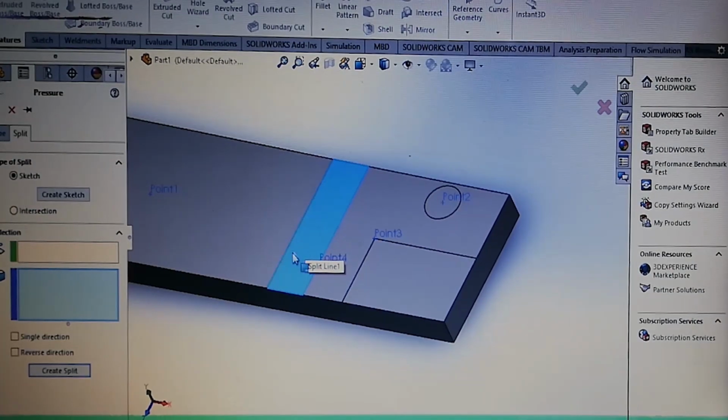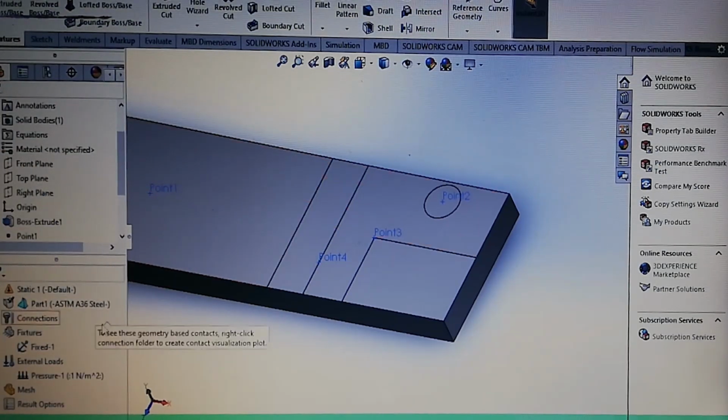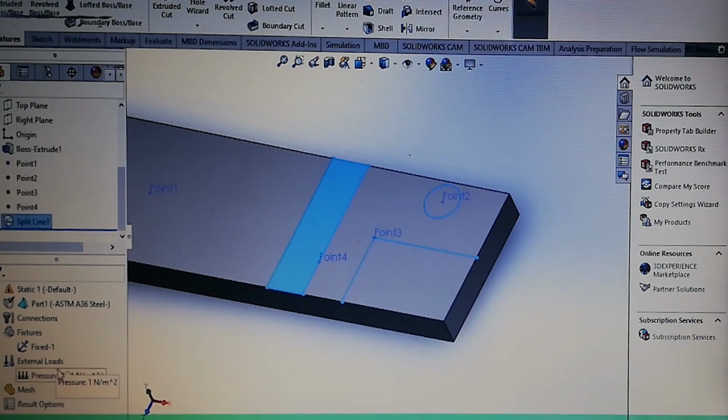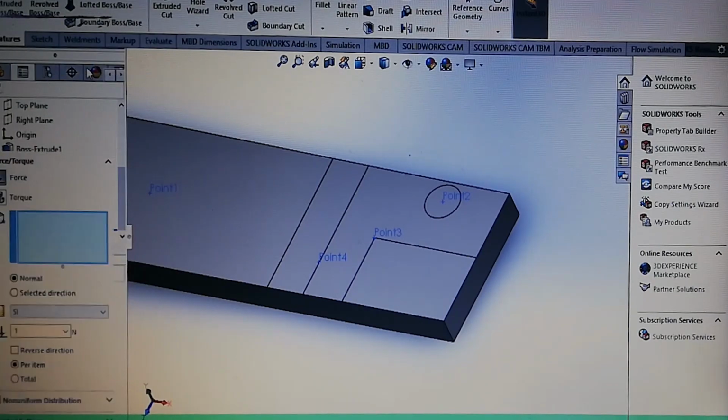So at this area we selected first, and at this area the split was created. That means we can apply a pressure at this specific area. Okay, done. Now we have to apply these loads, right? First we'll apply a point load at this point. So external load, force